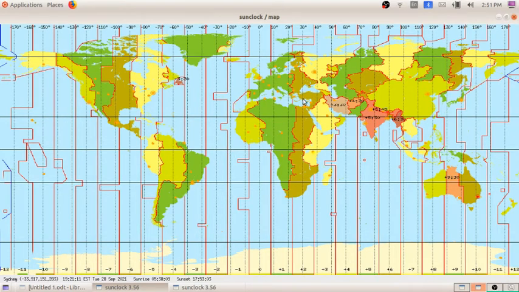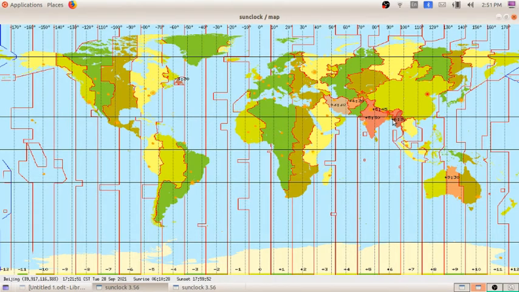I will take one more country. That means I will take one more option here. Alma-Ata. You are not familiar with that country, I am also not. So in a familiar place, we will take Beijing. There the time is 5:21 now. Sunrise is at 6:10 and sunset is 17:59. That means 5:59. So in this way we can find out the sunrise and sunset of each state in the whole world.